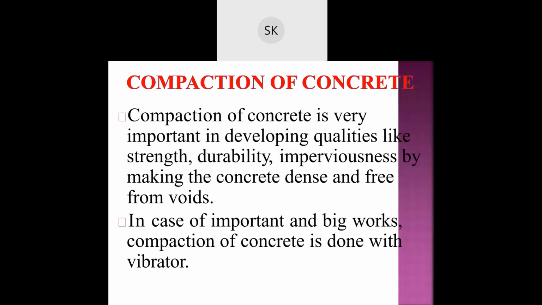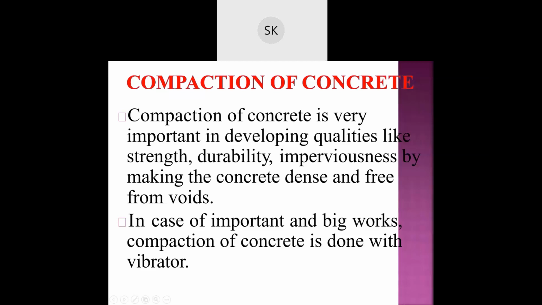They vibrate the concrete because there are some connections of reinforcement where concrete doesn't reach. So the vibrator helps in joints, where concrete doesn't get in, to fill those spaces, and also helps in reducing any voids in concrete.